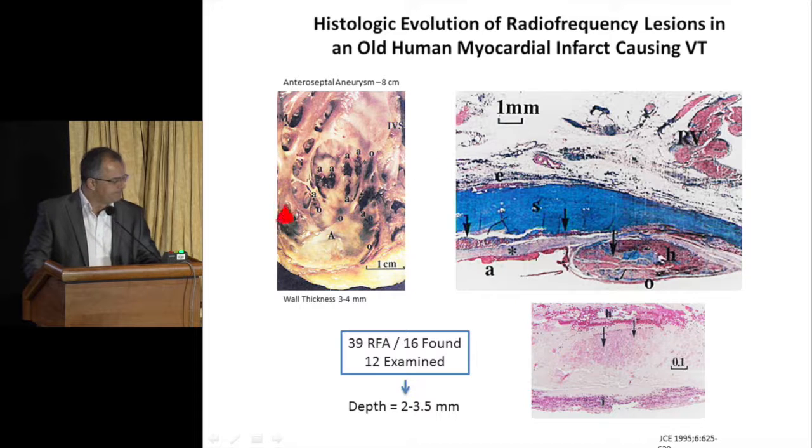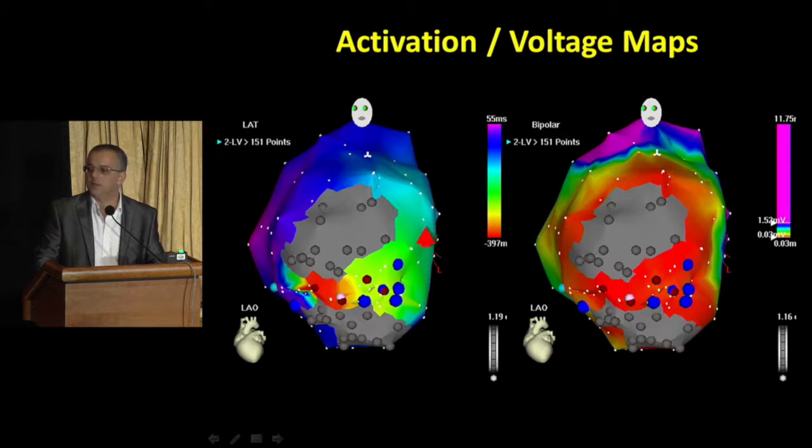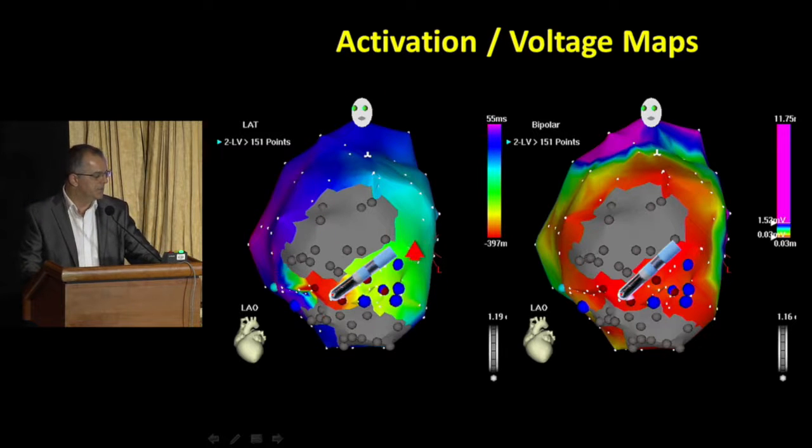Stevenson, and they actually took this patient to the lab twice for a refractory VT, and the patient had a problem after the second procedure, but anyways, they were able to dissect and show that within the scar, the lesion can go as deep as 3.5 millimeters, which in some ways should be sufficient for you to kill that region there. So everything looks fine, because if I have this kind of substrate, which is an ideal substrate for you to ablate, you just have to place the catheter in this isthmus area here, and because